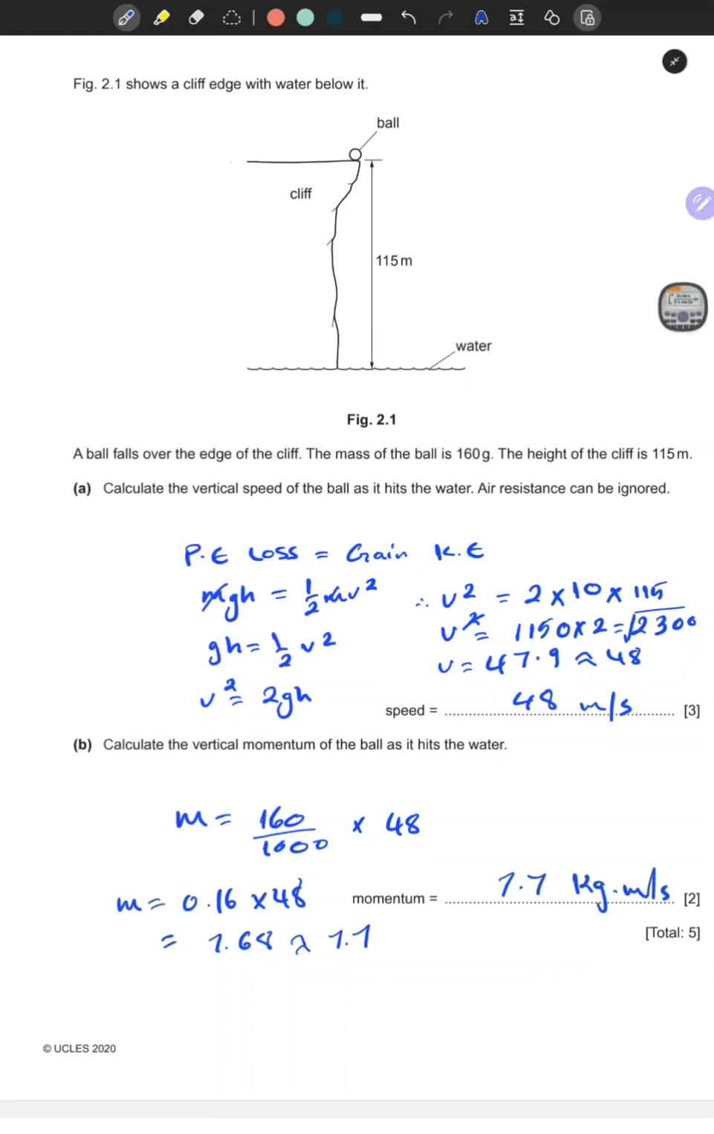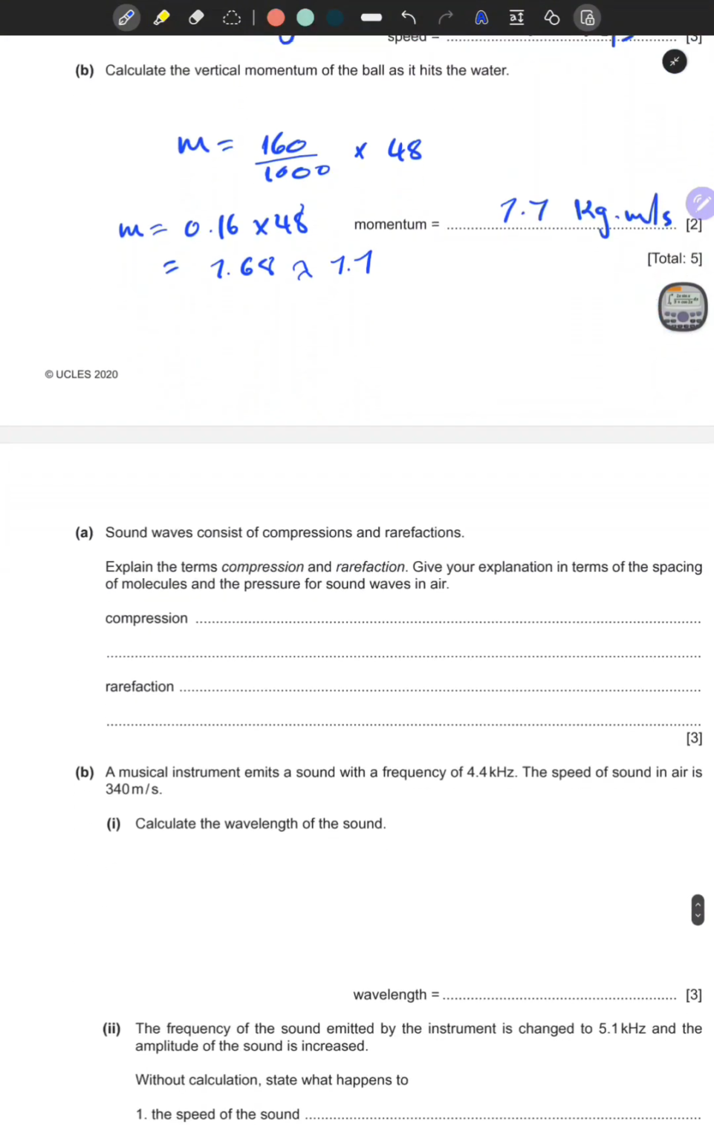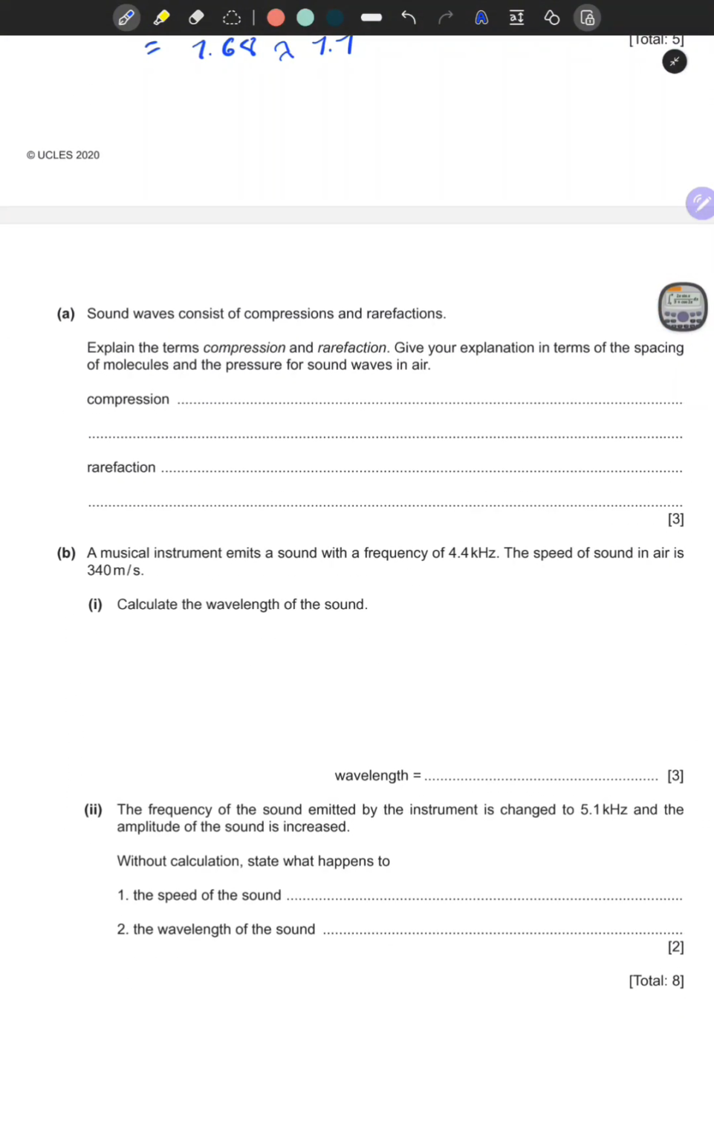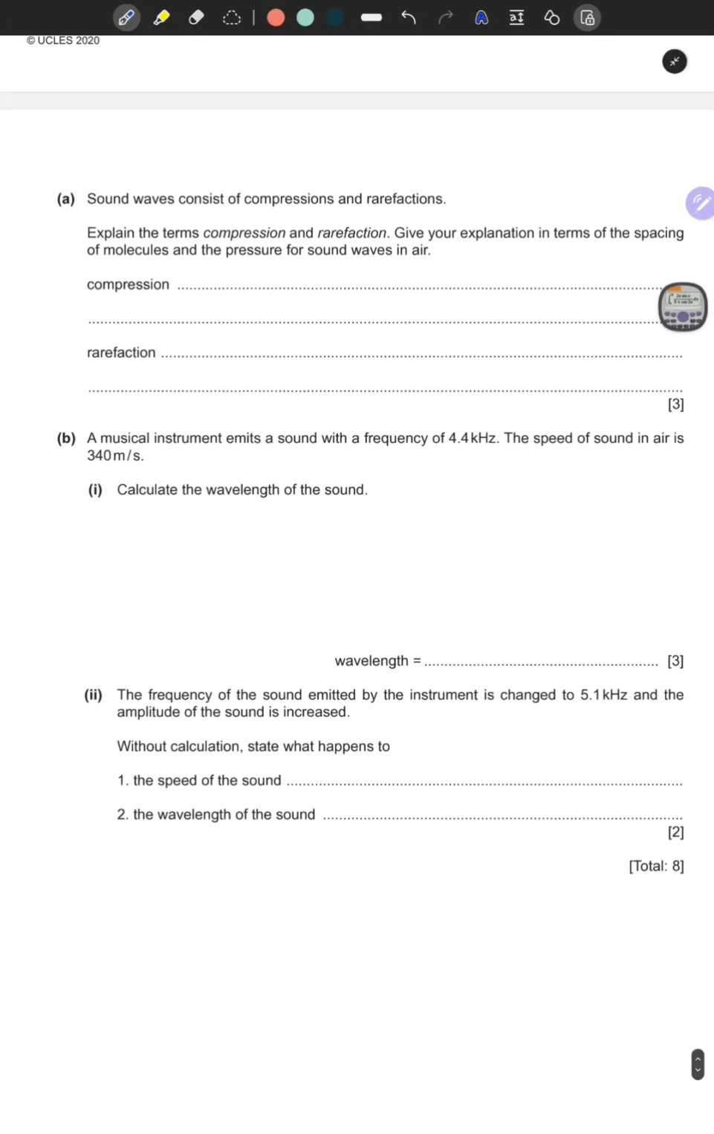Okay, let's move on. I hope everything is clear up to here. Okay, sound waves consist of compressions and rarefactions. Explain the terms compression and rarefaction. Give your explanation in terms of spacing of molecules and the pressure of a sound wave in air. Alright, in compression,